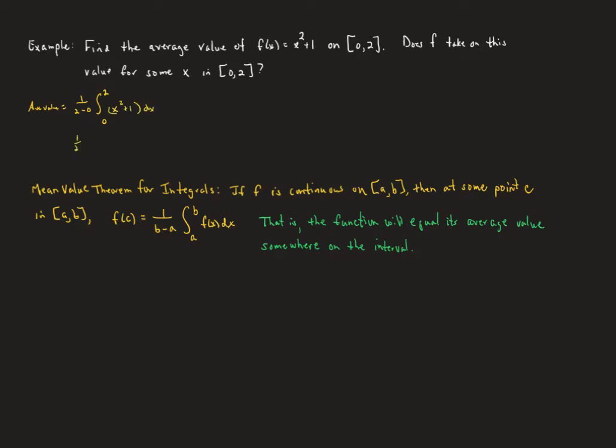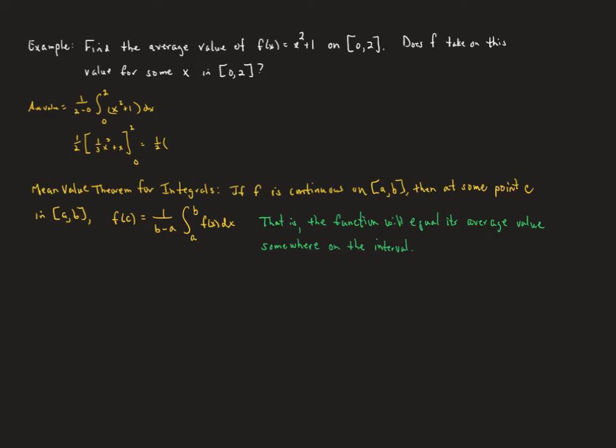And so that's going to be 1/2. And if we find an antiderivative of x squared plus 1, we're going to get 1/3 x cubed plus x, and we're going to evaluate that from 0 to 2. So that's going to be 1/2 times the